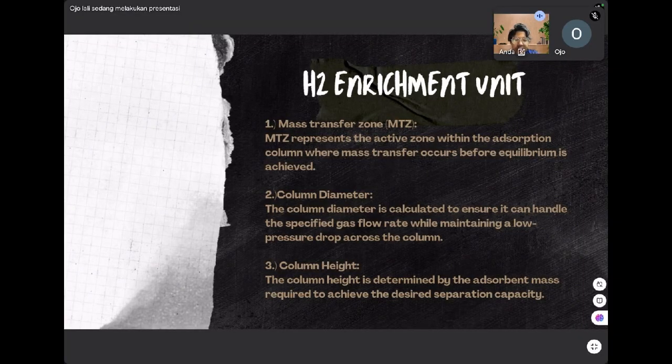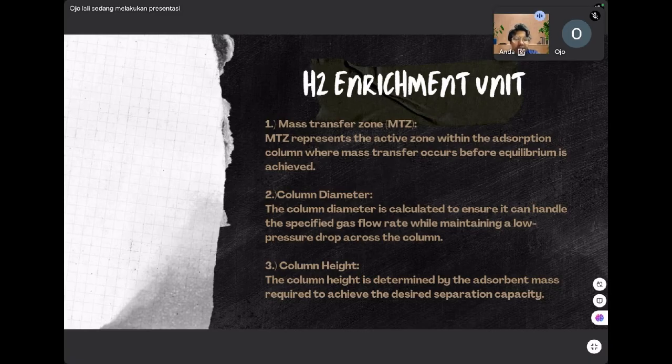The third calculation is column height. The column height is determined by the absorbent mass required to achieve the desired separation capacity. The article provides an example where an absorbent mass of 5,000 kg and a bulk density of 600 kg per meter cubed are used. This results in a column height of 1.62 meters with a cross-sectional area derived from the calculated diameter. For the height, ensure that the required absorbent capacity is met to purify hydrogen efficiently,